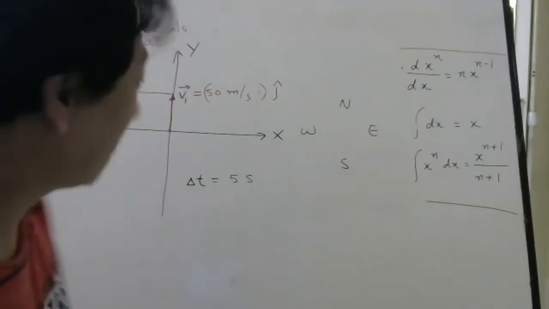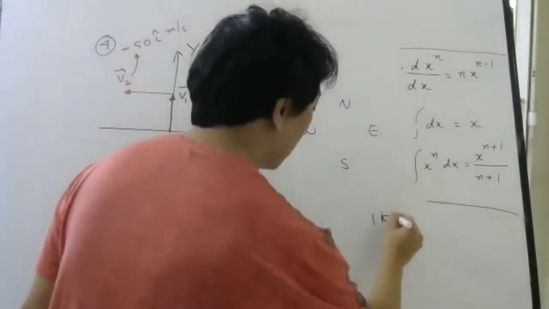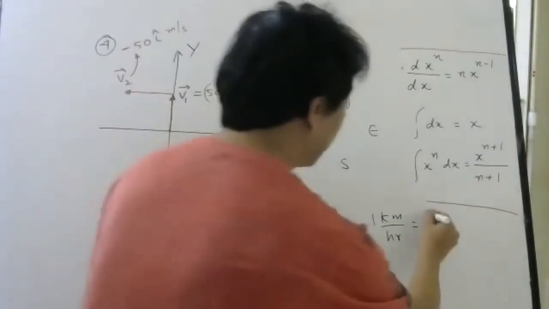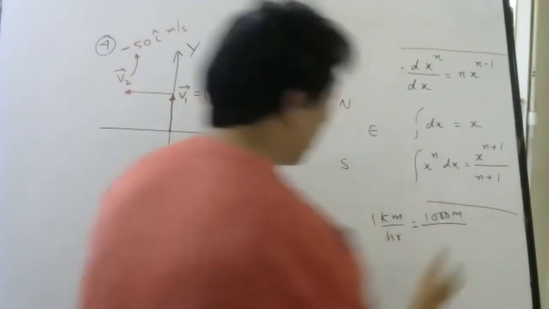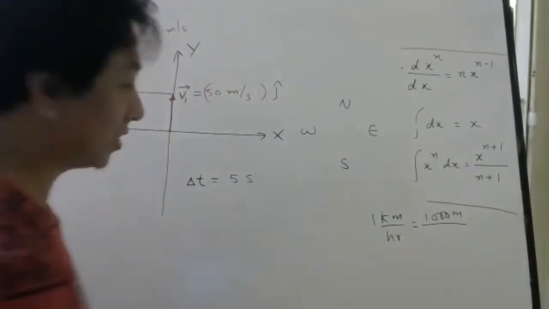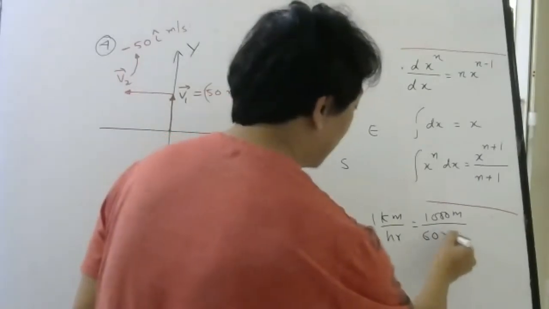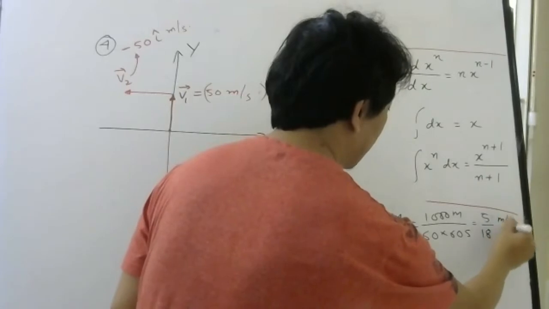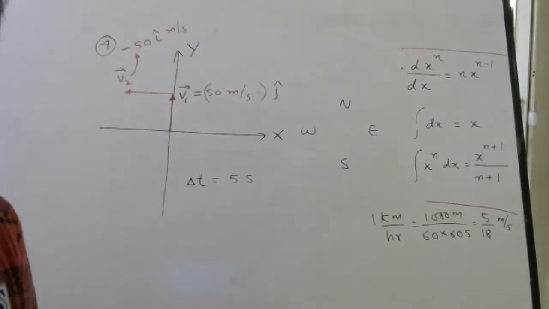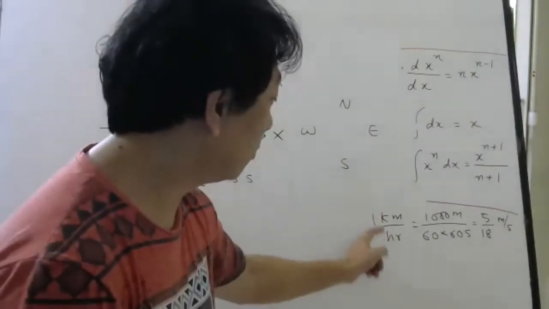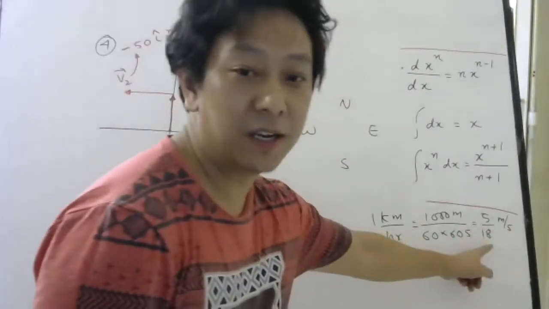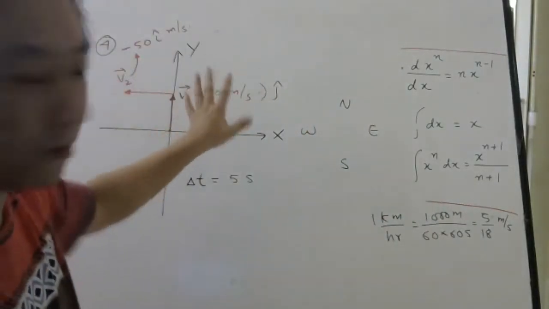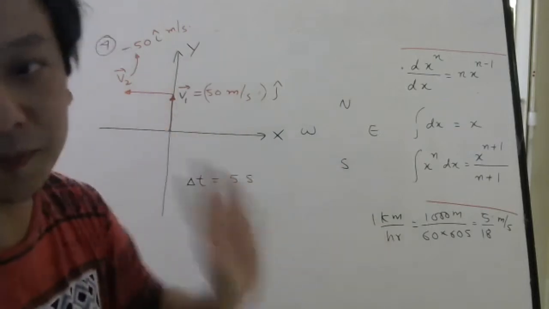I know you know actually how to convert 1 kilometer per hour into meter per second. 1 kilometer means 1000 meter, 1 hour means 60 into 60, 60 minutes, then 60 seconds. This will come 5 by 18 meter per second. So whenever you want to convert kilometer per hour into meter per second, you can multiply with 5 by 18. But in this problem, let us make both the numbers in meter per second.